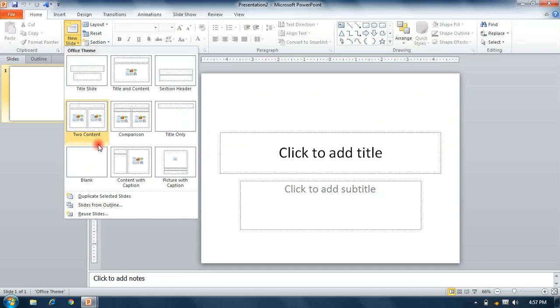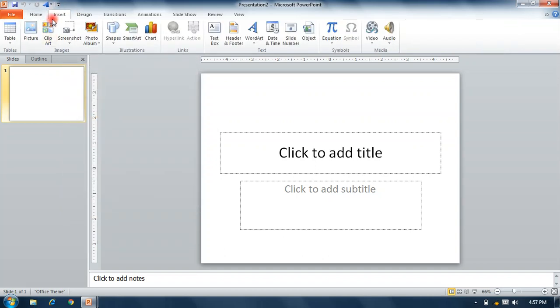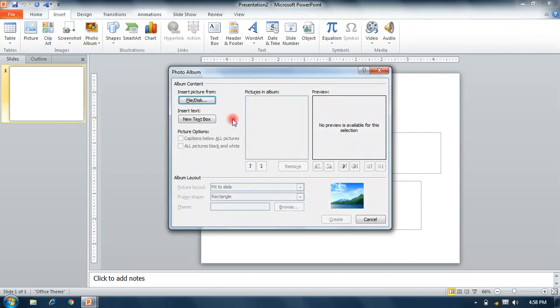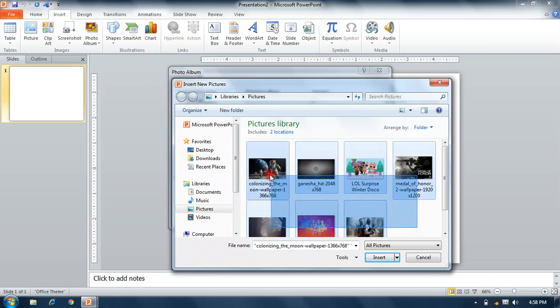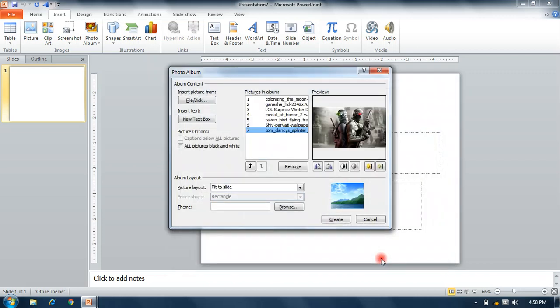First, we click on the Insert group and create a photo album. Select photos from the picture library and then insert.